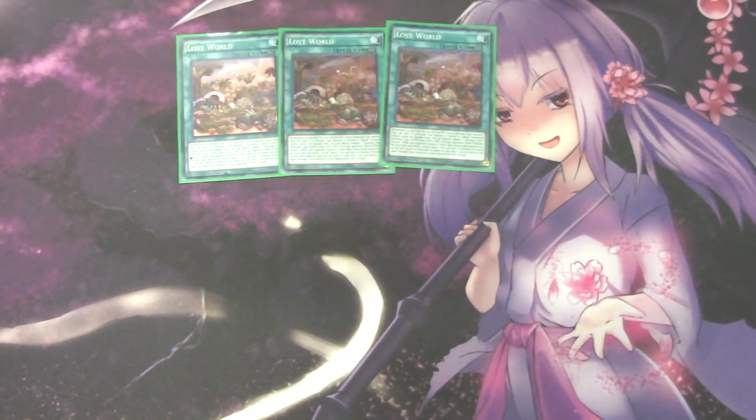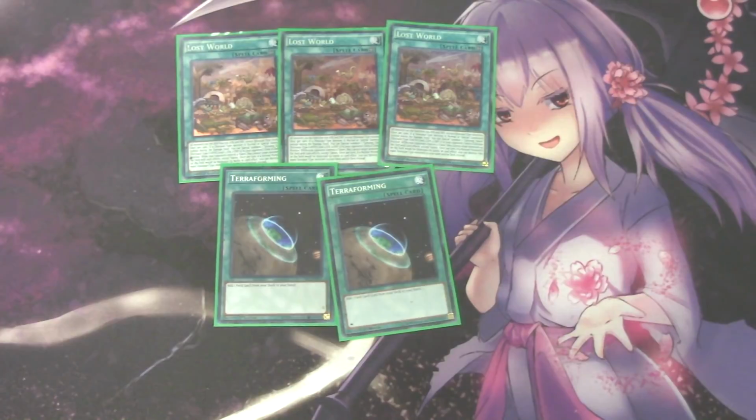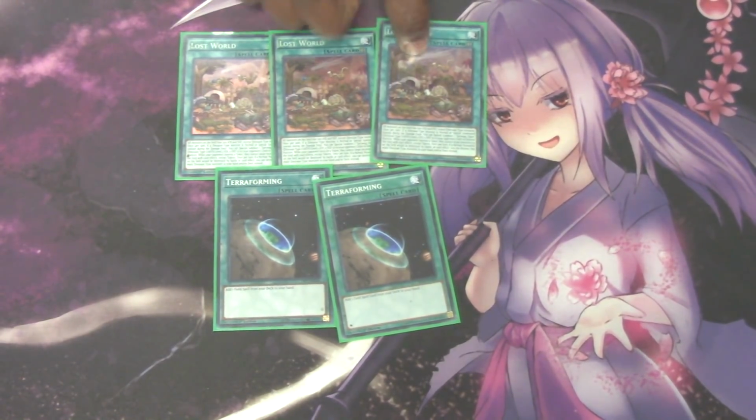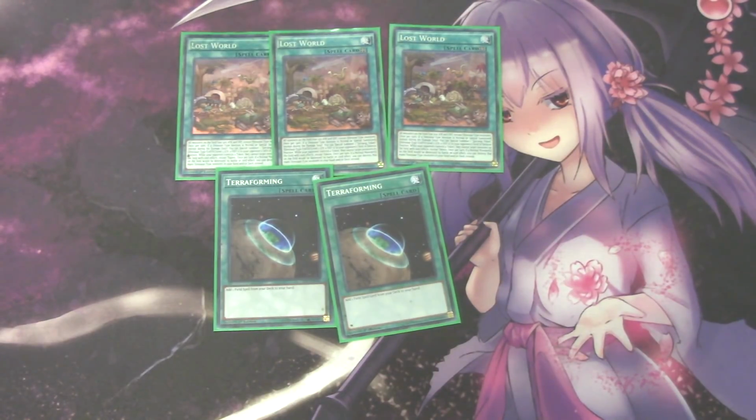Triple Lost World, and then the double Terraforming in order to search it out. I will say, if you play this deck, be very careful about giving them the token, because if you don't have a follow-up plan and they Link Karibo you, you're not having fun. But outside of that, if they don't actually have the ability to out the token, this is actually very good